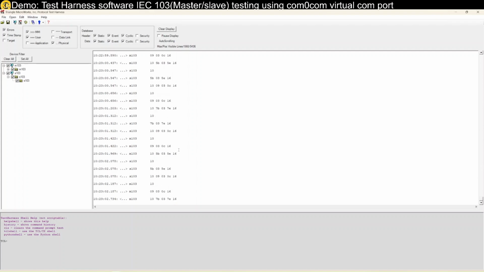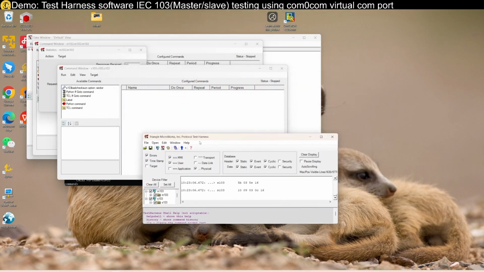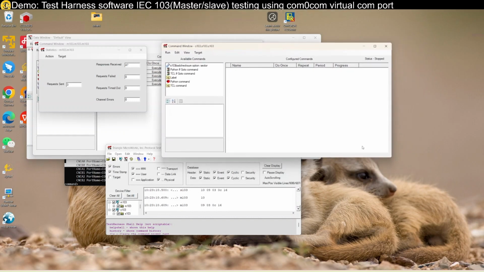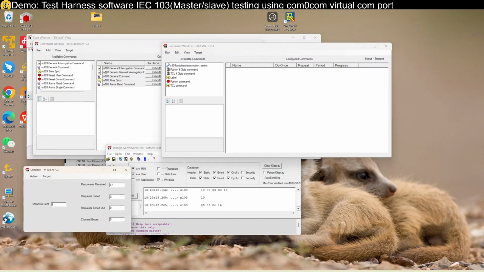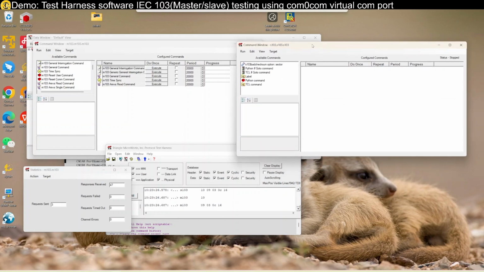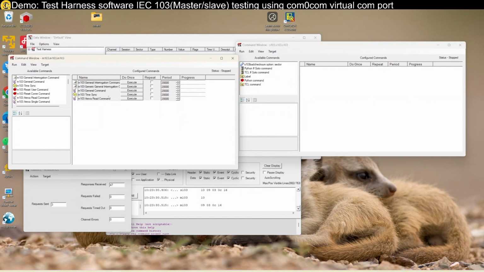Okay, the next thing I want to show is, for this software it actually comes with this command over here, which is look decent. Maybe we can run. Okay, this is the command master, and this is the slave. We also have the slave. Maybe let's try to execute this. So this is the command to execute